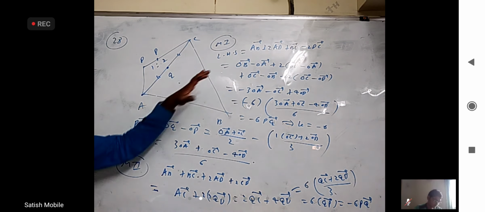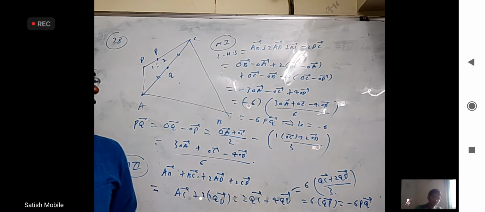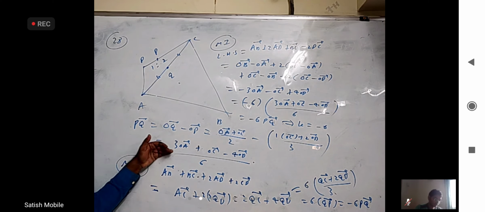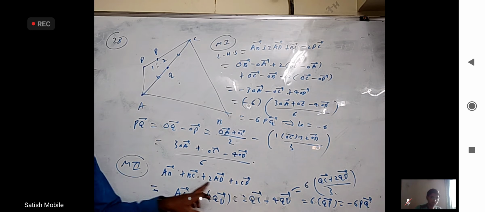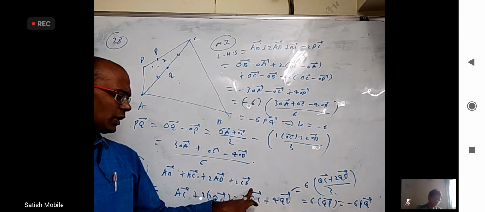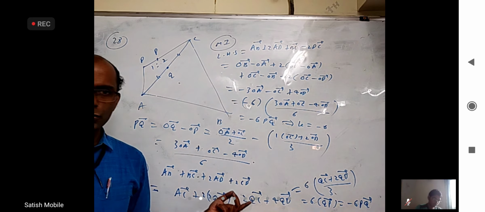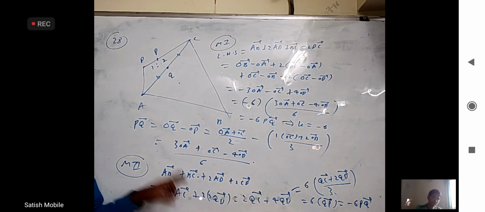This first method is comfortable for many people, and I'm sure when somebody has already completed these questions, you might have done it like this. I want to give another idea. Let us say, I hope you will be able to relate to it. The question is AB bar plus 2AD plus BC. Here minus 2 DC bar was there. I used that minus to interchange these two. And just the third vector I brought to this set.